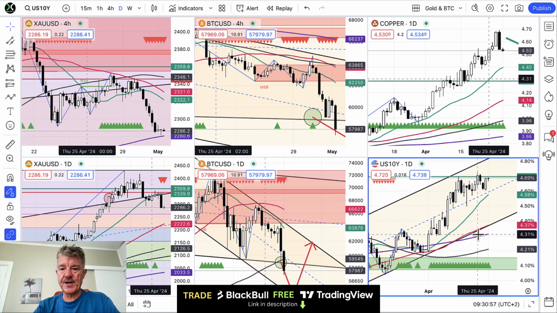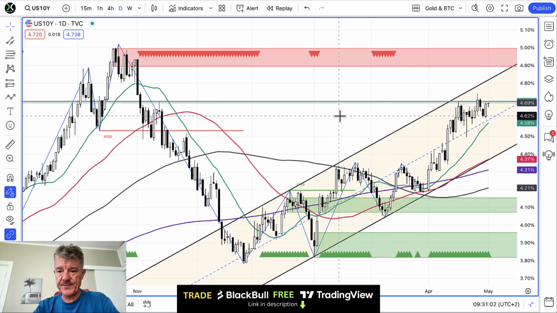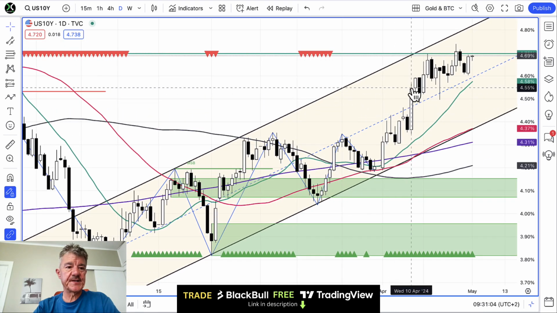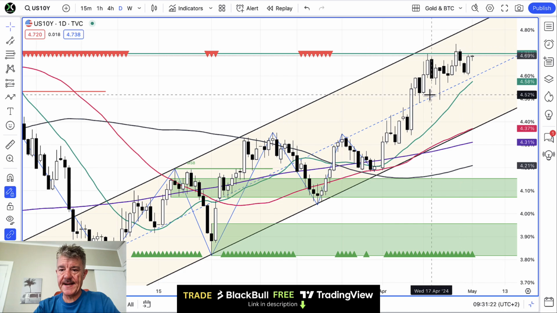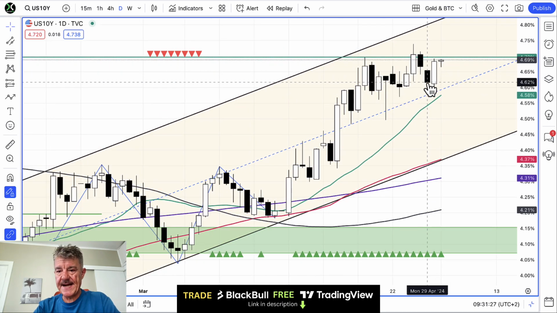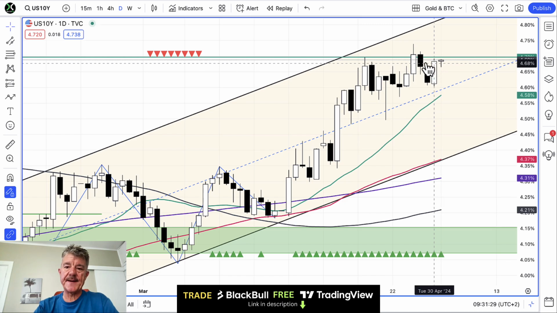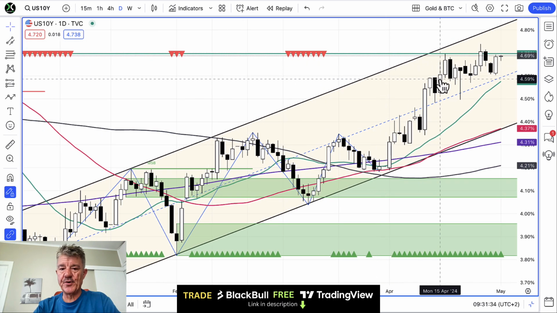Now, in order to see the dollar move down and for stocks to move up and gold to move up and everything else to move up, we actually need to see this 10-year yield come down. We're trying to form a top here, a little bit of a spike high, a bit of a sort of dark cloud cover candle, not really very emphatic, and just moving down and yesterday back up again. If we can hold beneath this level at 4.69, we should see this move down.